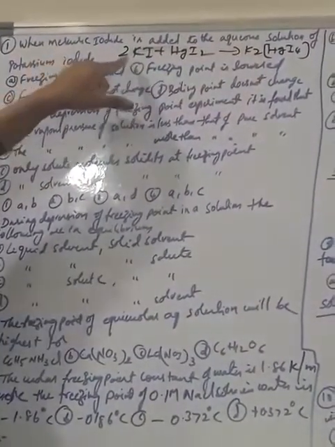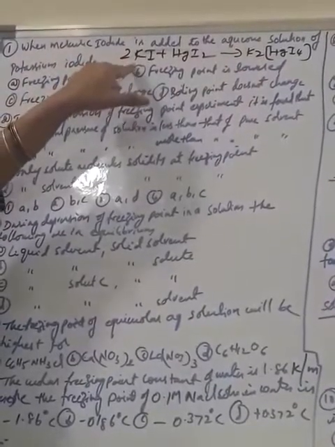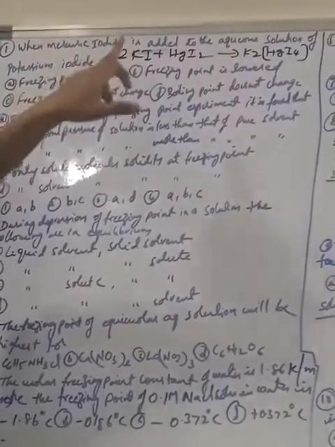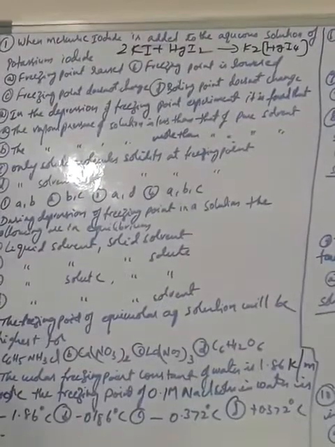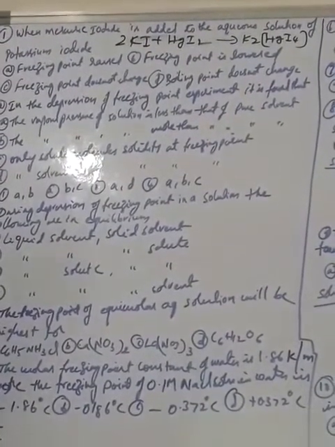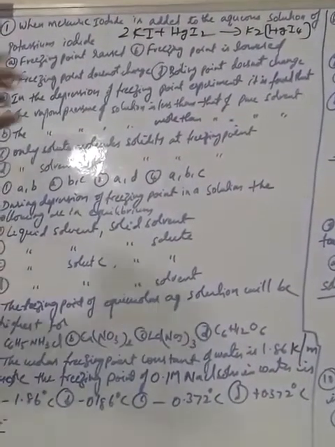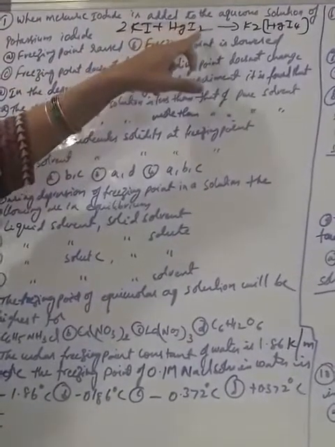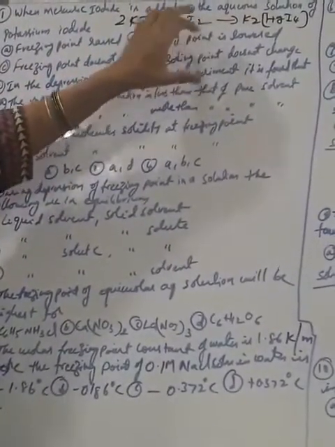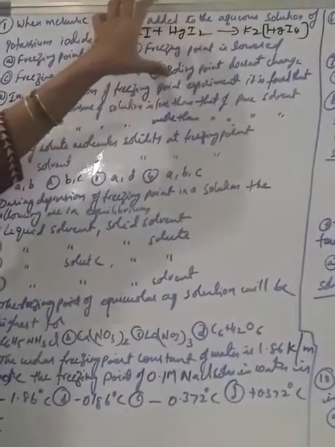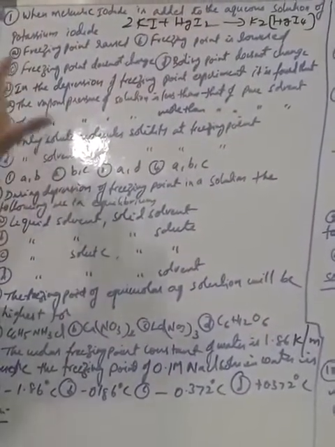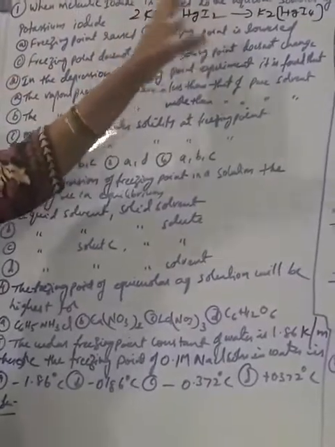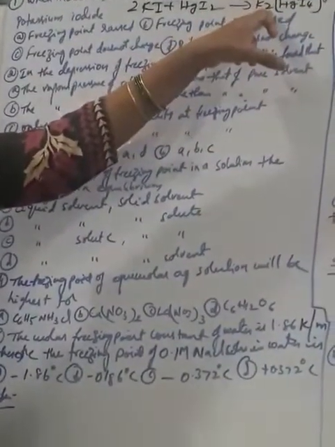So coming to reactants, here potassium iodide has two particles in it. One is potassium and another one is iodide ion. And mercuric iodide has three ions: mercury ion, Hg2+, and 2 iodide ions. So totally 5 ions are present at the reactant side. Then these two reactants combine to form the product, which is in the form of a coordination complex.